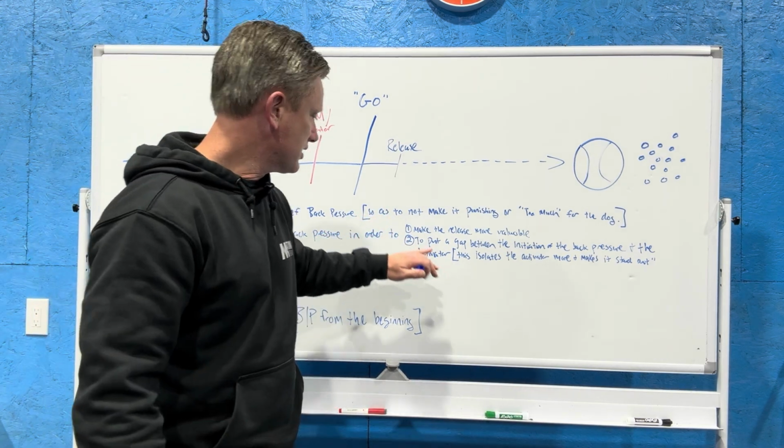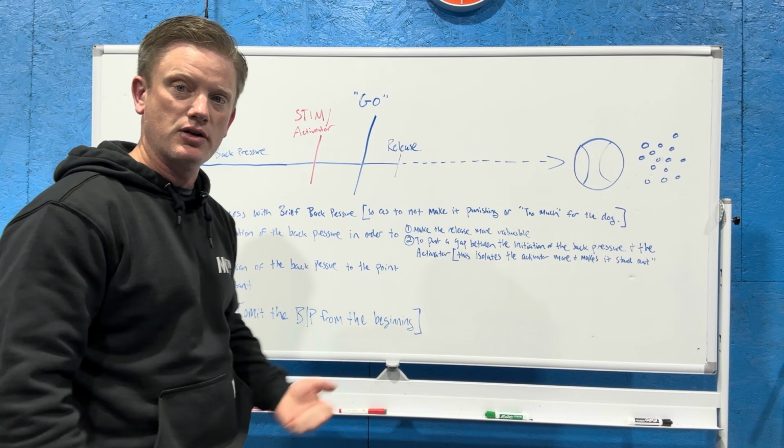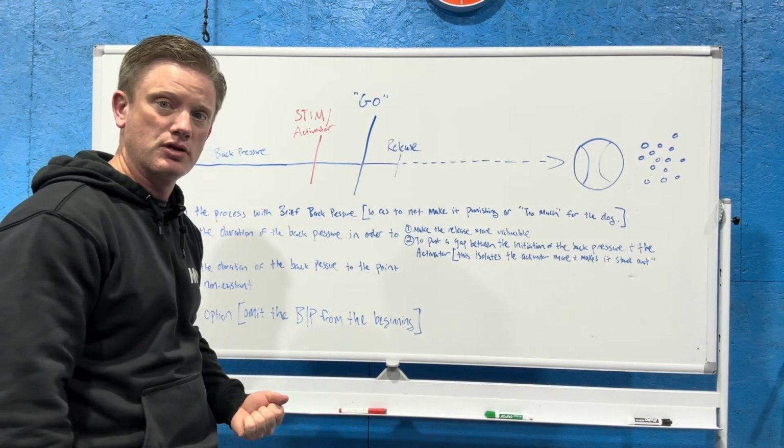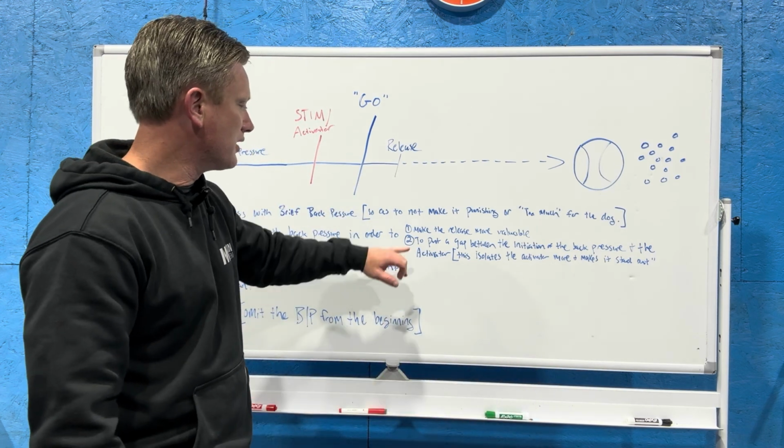We do that for two reasons again. Number one is to make the release more valuable. The longer the dog is held on back tie or back pressure, then the more meaningful that release is. And number two,